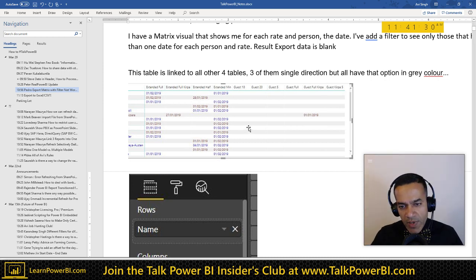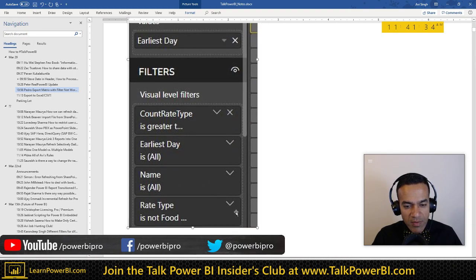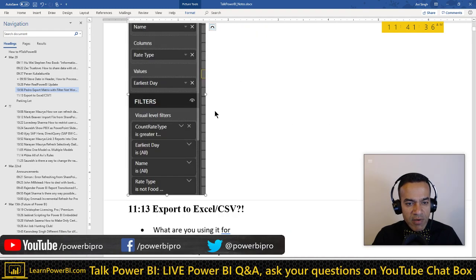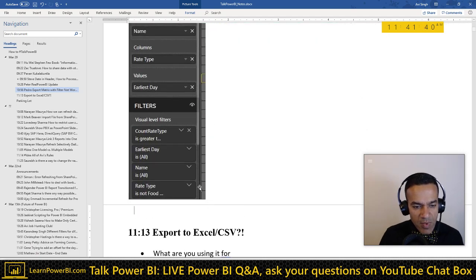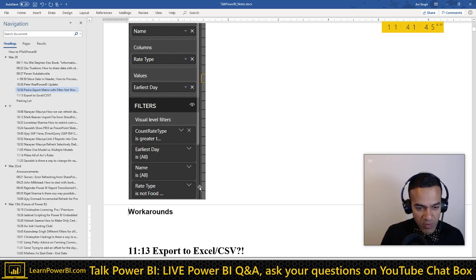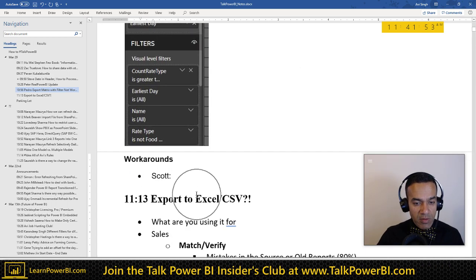So I thought of a workaround. I don't know if it would work or not. Let's write down all the good ideas we had. Workaround. So one was Scott's, which was calculate table.